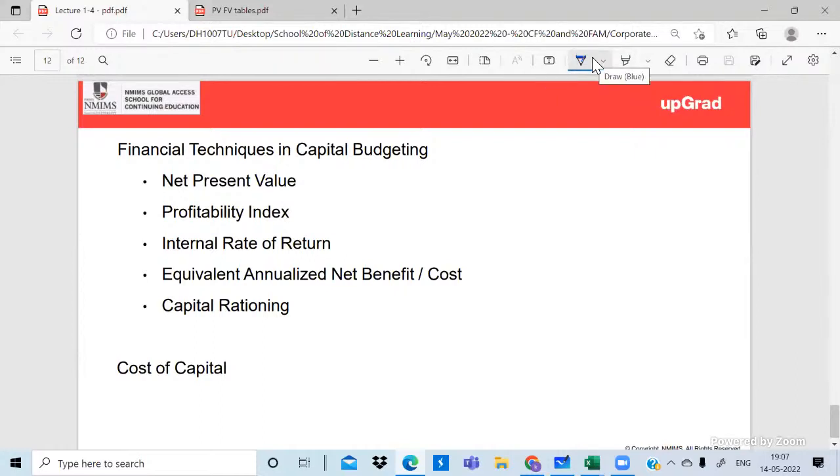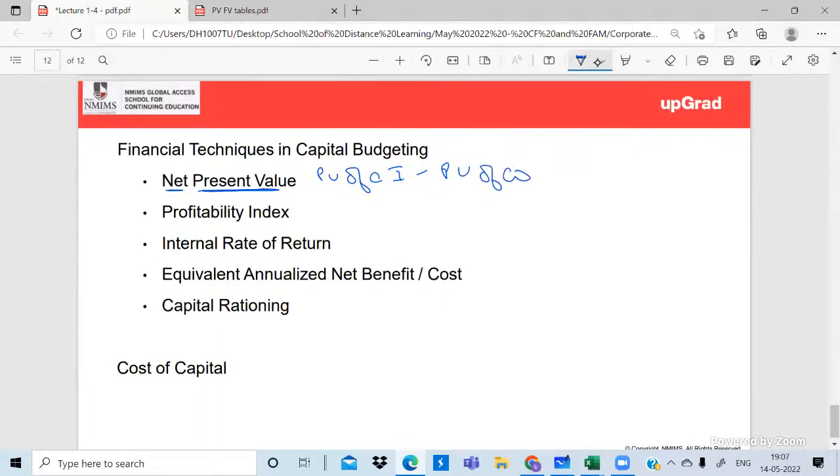Okay, get the present value of the cash inflows, subtract the initial investment. Due to inflation, value of money decreases, so we calculate present value of money. Fine. So if you look at net present value, the name itself tells you what you're supposed to do. It says net present value. So how do you calculate it? You will calculate your present value of cash inflows, and from this you will deduct the present value of cash